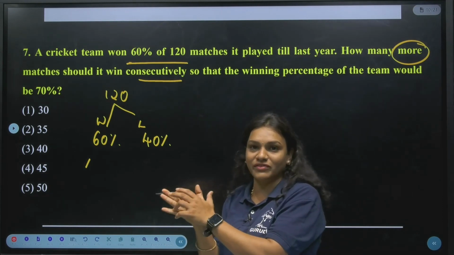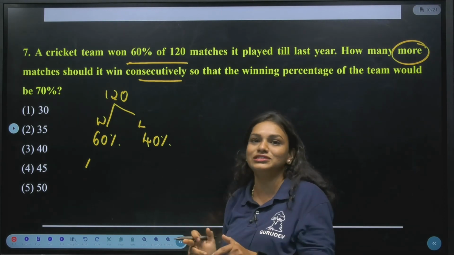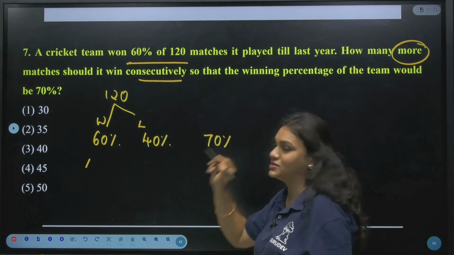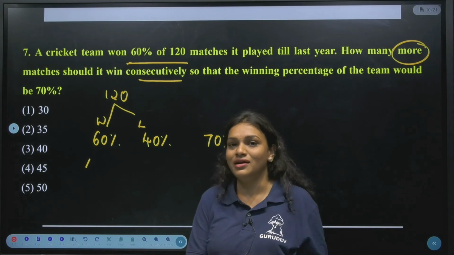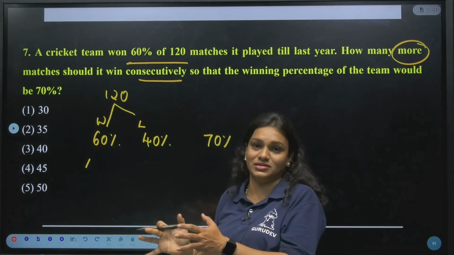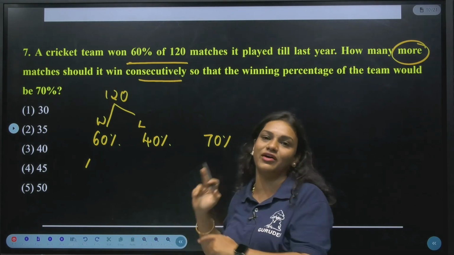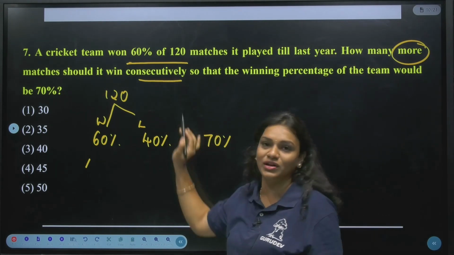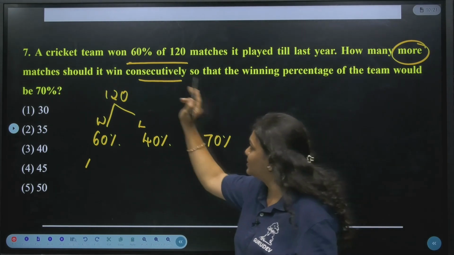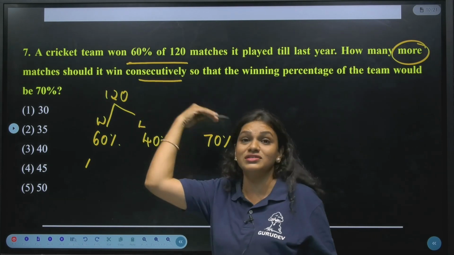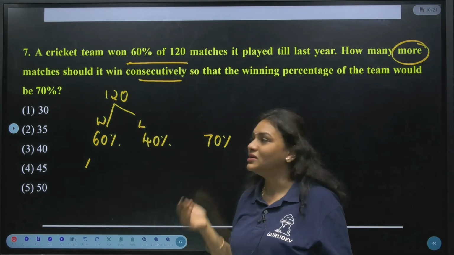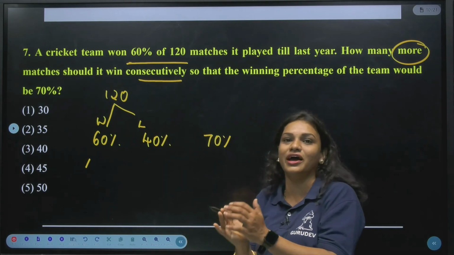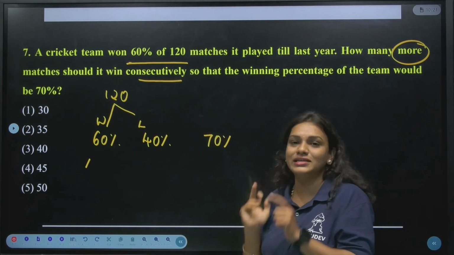they have to win in such a way that their winning percentage should be 70%. Try to understand, it is not of individual matches. Along with the 120 matches, they have to continue. That is the reason why "consecutively" is very important here. If this were not there, I would have considered the different matches. Since "consecutively" is there, along with these 120 matches, they have to play a few more matches such that